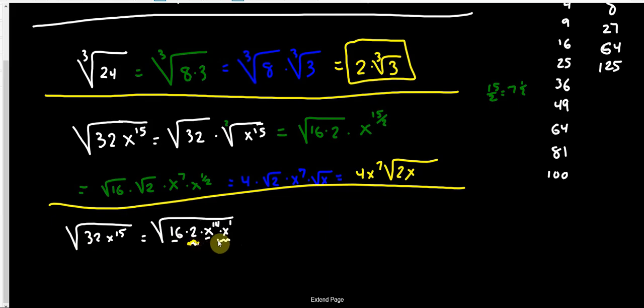I'll do these in yellow squiggles. So, for instance, what's the square root of 16? 4. What's the square root of x to the 14? Remember, you just half it, x to the 7. All right, what pieces stay behind? 2 and an x to the first power, or just an x. Okay, that's much faster, but it's technically all these same processes that we did up here, just much more streamlined,